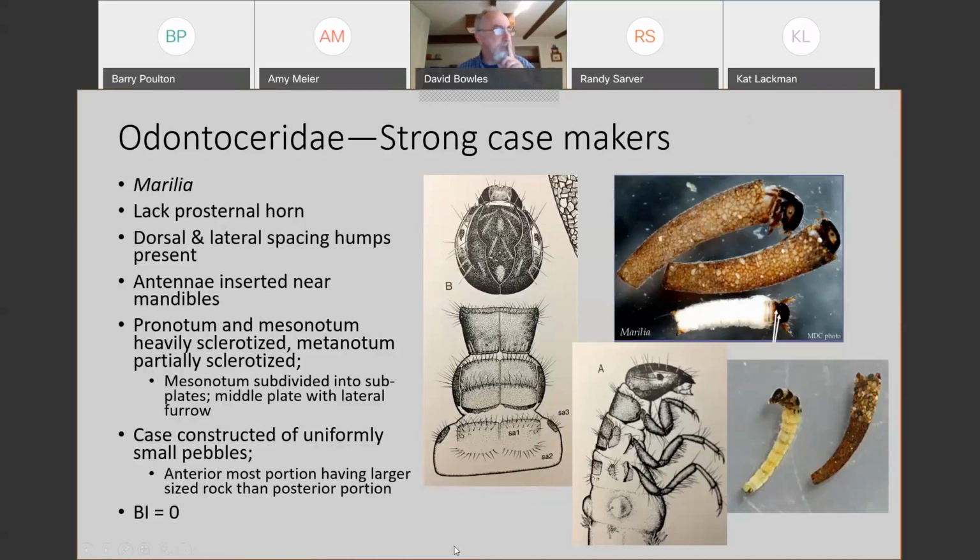By the way, we have one recognized species right now, Marilia flexuosa. There is a second one in the Ozarks. It's in Arkansas. It's known from 2 localities, and it's known only from the larva. But the weird thing about this larva is that it has characters which place it with a group of Odontocerids